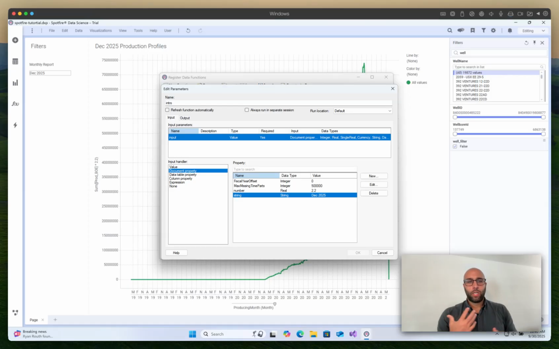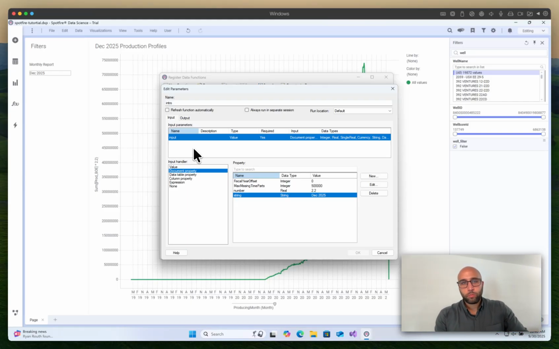So imagine you want to do some text manipulation, you want to do some aggregations in Python, you want to run whatever package you want on the data you have in your report, and you need to pass in some variables. Think my assumptions around my cost, my BOE, my OPEX, my CAPEX, my time to frac, whatever it may be. You can pass document property values that you can provide your users a front-end way in a text area to edit and bring in those inputs, just like you would do in an Excel sheet,